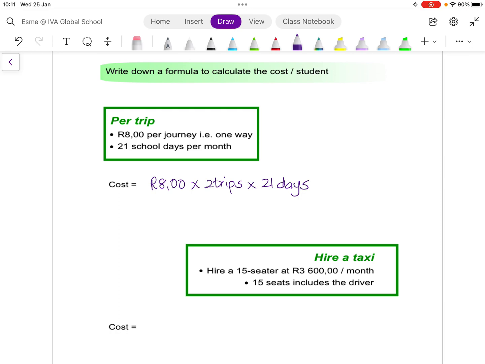So if we work that out, it is going to cost 336 per month. There are approximately 20 working days in a month, so we've taken 21 for the days where there are 31 days in the month. Okay, for the option 2,